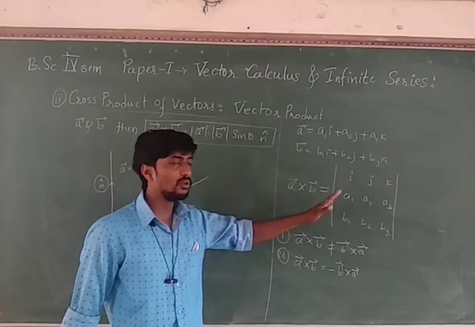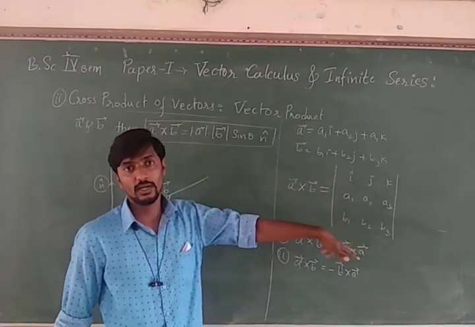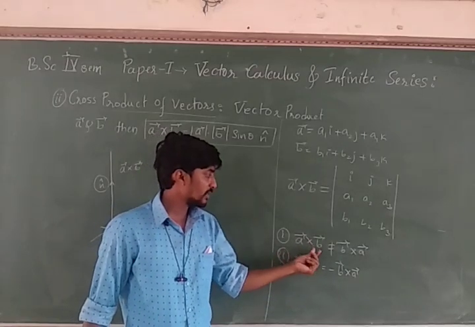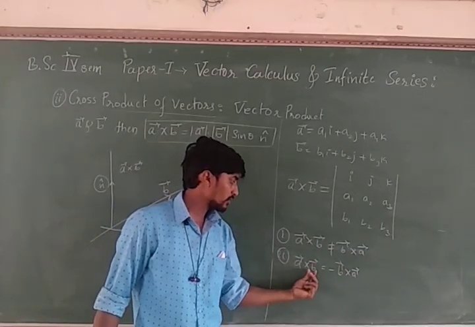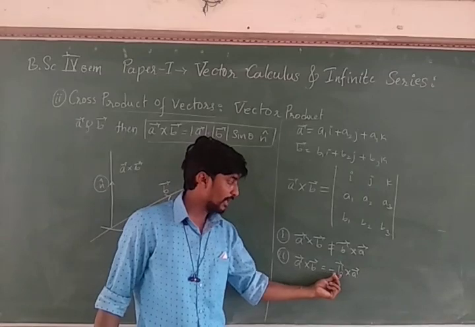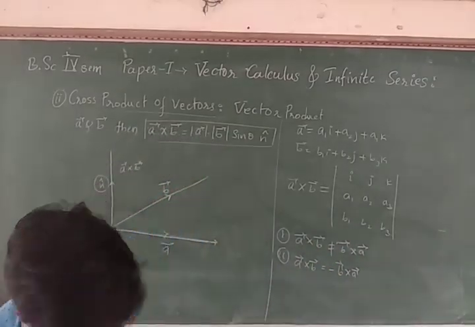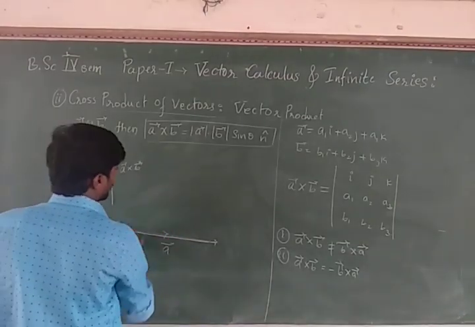It is not possible to hold the commutative law in this case. A cross B is not equal to B cross A. A cross B is equal to minus of B cross A, but it is not equal. This is the second property. So let's move on. The third property is